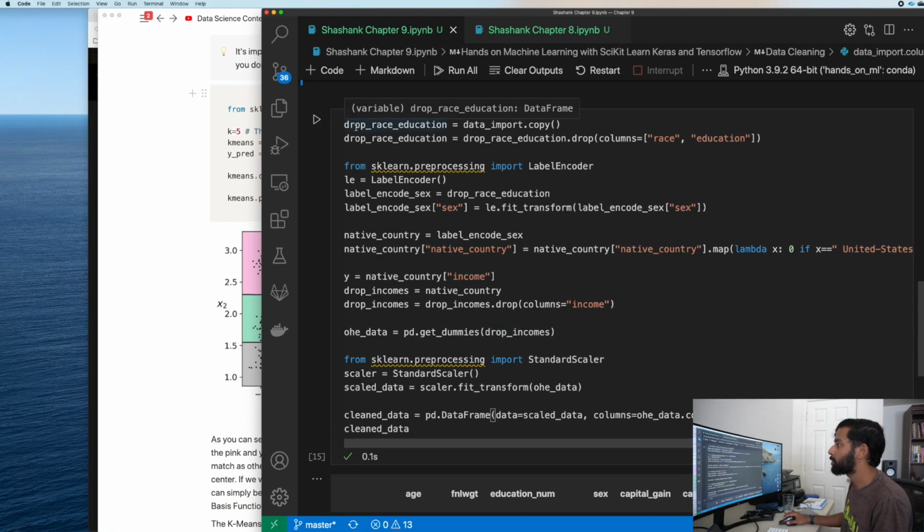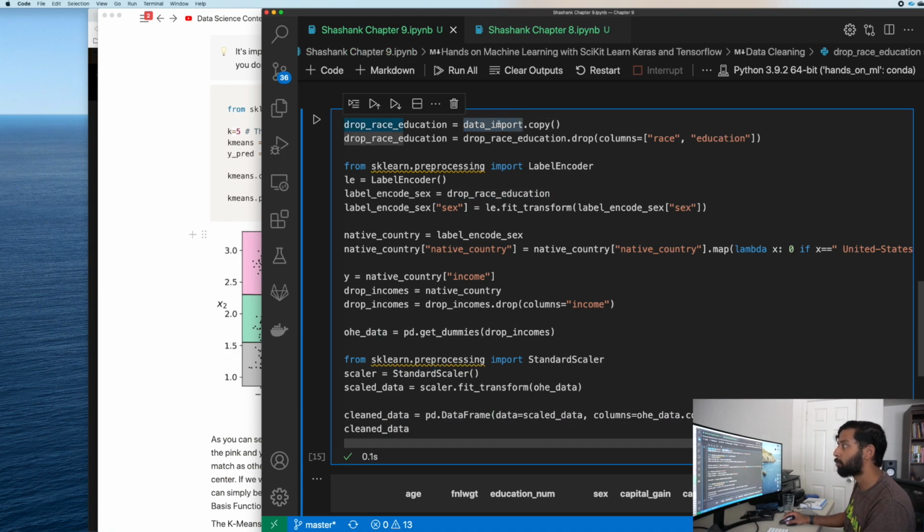All right, so first thing, let's just drop race and education. So we're going to copy our data import. The reason I do copies a lot of the time is because this data set's not quite large, but sometimes I have data sets that are very large, and I would like to have the computer just hold a copy of it. That way, if I mess anything up, which I always do at some point in time, I can just re-import it if I need to. And also, I like to be able to run every cell separately. So now I don't have to import the data again and then run this pre-processing if I change anything. I can just run this pre-processing by itself because the data import data frame will remain whole.